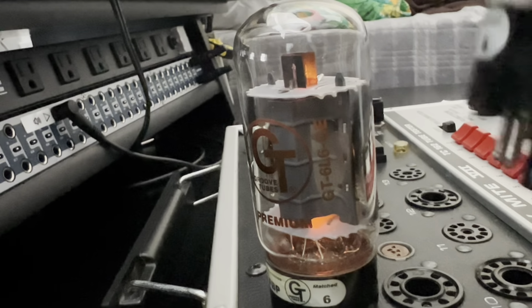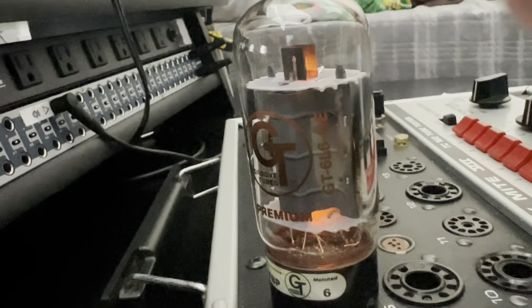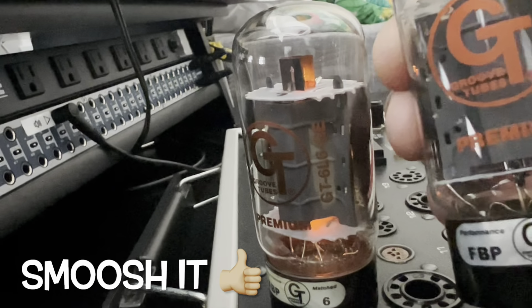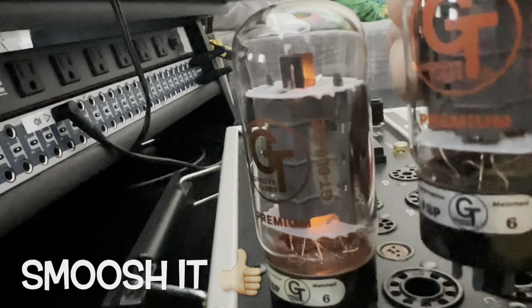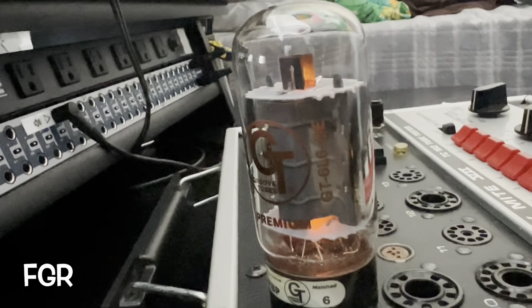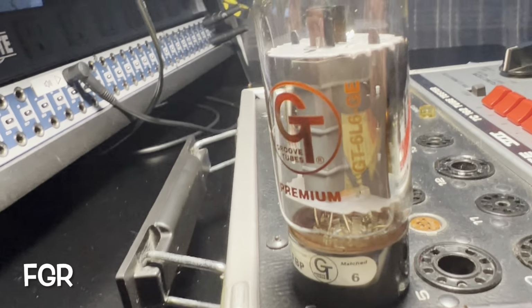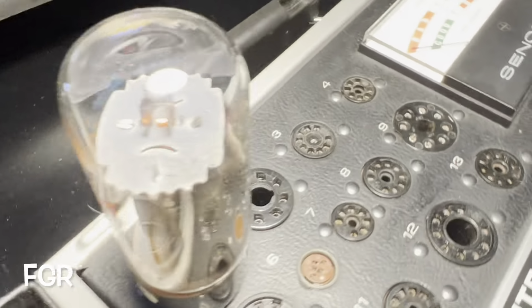Jose, can you see? This crispy label right here, buddy. This is what it should look like. See that Groove Tubes relabeled Sovtech. Should be a bright and vivid color, that silk screening, but take a peek at this one. It's warming up on my tube tester,